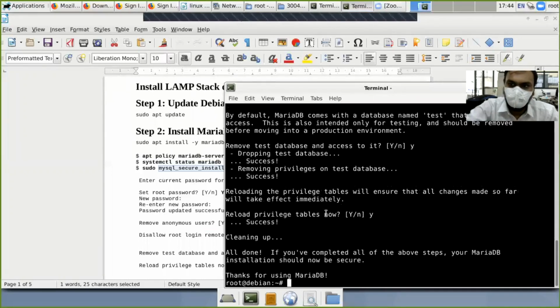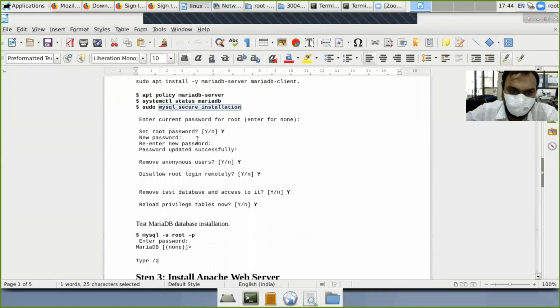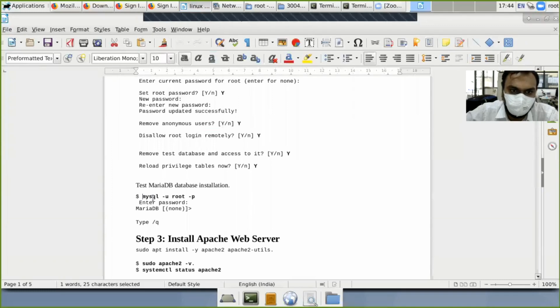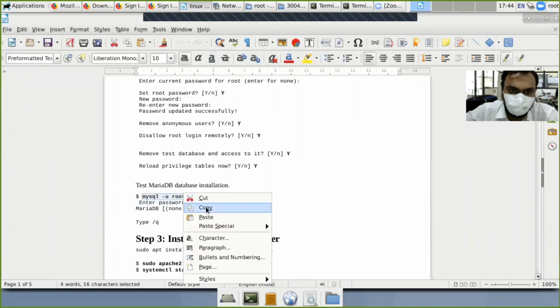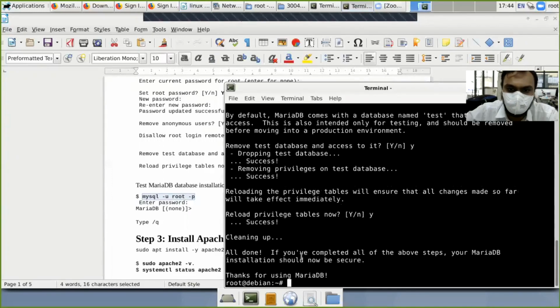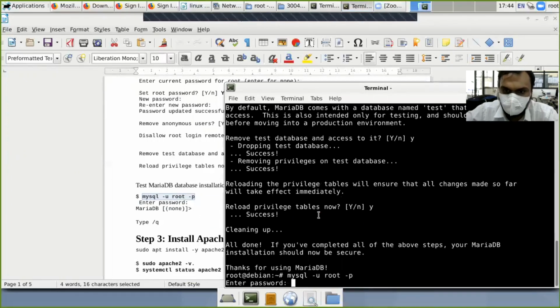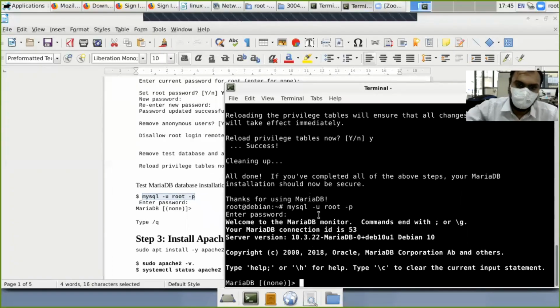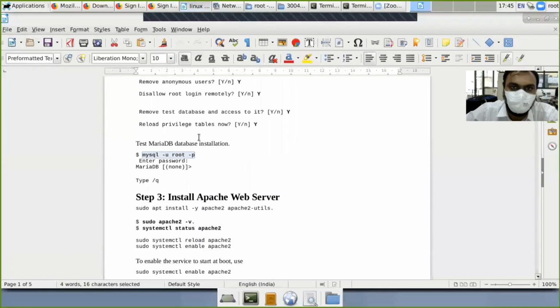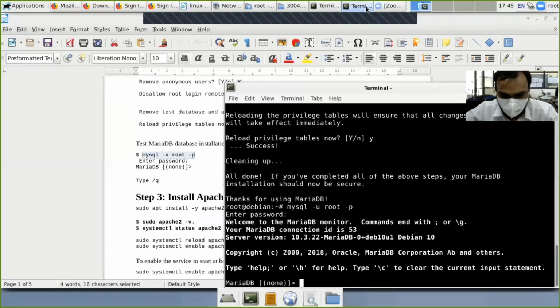These are the steps you have to follow as per this SOP. Now go to mysql -u root -p for the password. It will ask you to type the password, and you will go to the database. You can see the MariaDB prompt, right? Then quit with \q, it will exit.